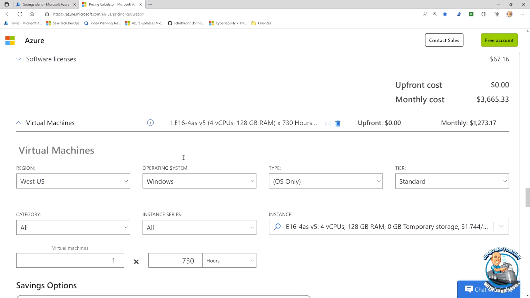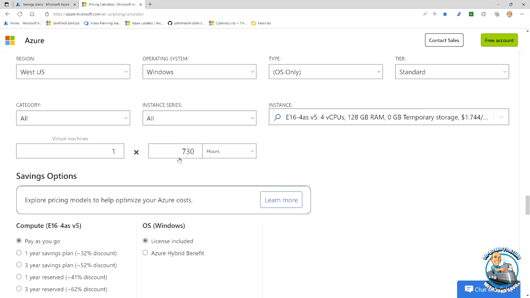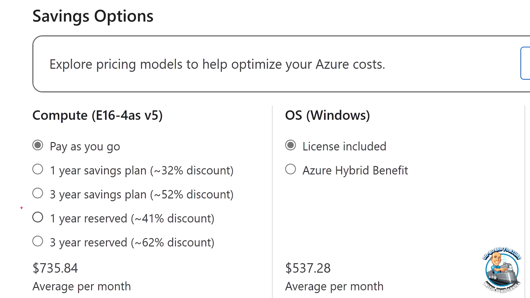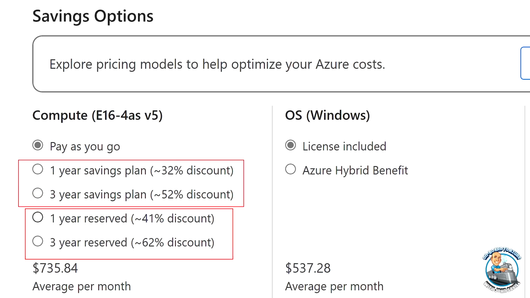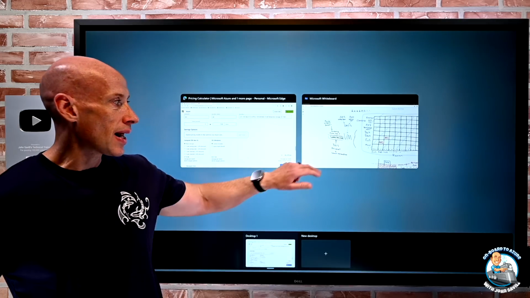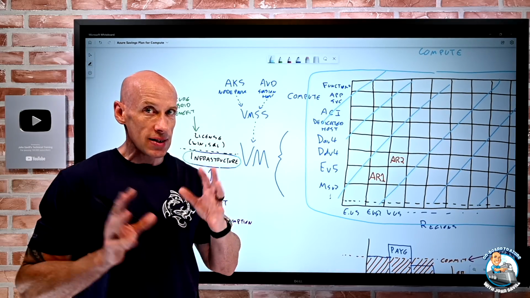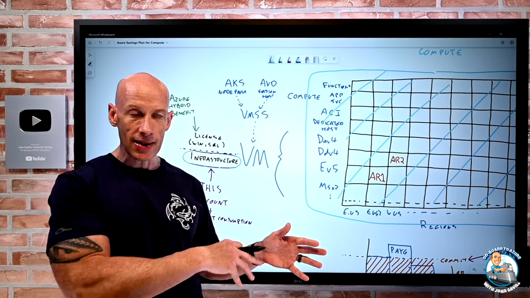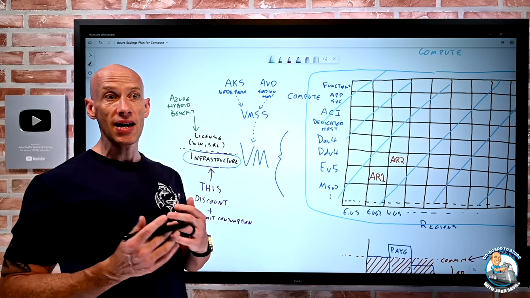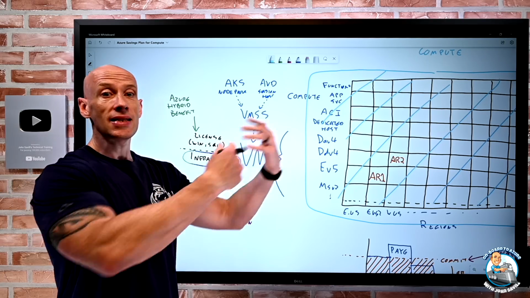And then virtual machines is going to vary greatly. Again, the newer SKUs tend to get you the better discount. But here, once again, I could see, hey, the reserved instance, and I can now see, hey, yep, the savings plan would apply to these as well. And I know I keep mentioning it over and over again, but to be super clear, I'm not creating a separate savings plan for all of those things. I just create a savings plan. The pricing calculator is simply showing me, hey, if you have a savings plan, this is the discount you'll get